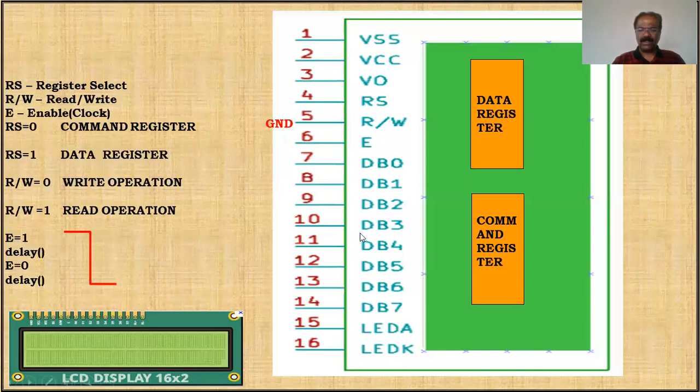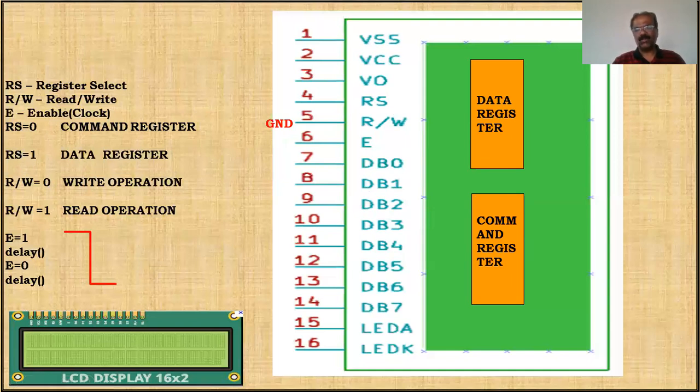After placing the 8-bit information on these lines from 7 to 14, the second step is you have to select whether you are going to write this information into the data register or the command register. You have to select any one. If you want to write something into the command register, then RS must be low. By writing the appropriate statement, we have to make this signal low if you want to select the command register. If you want to write something into the data register, then RS must be 1.